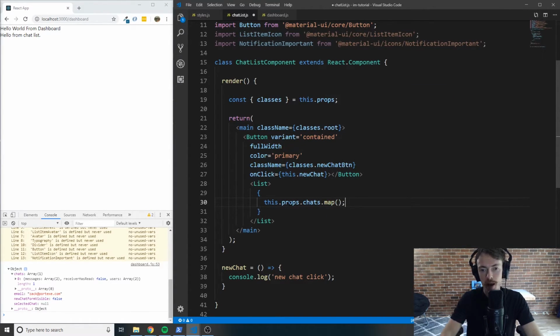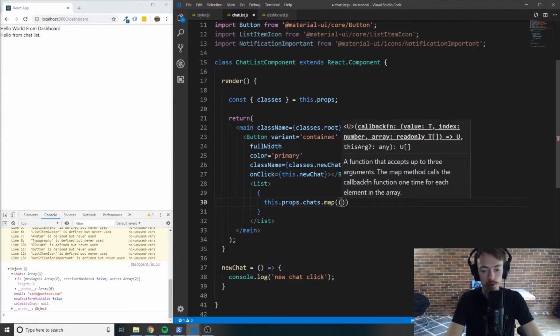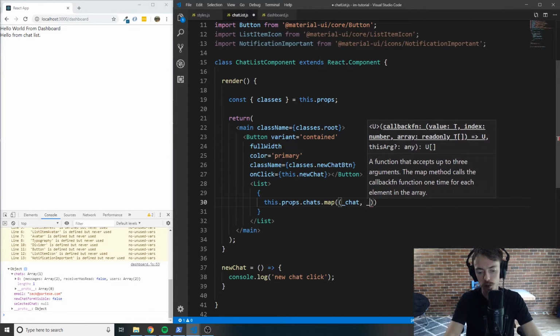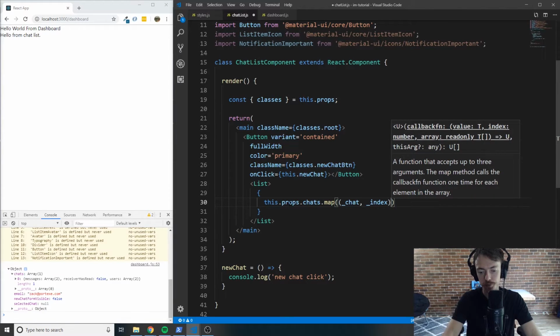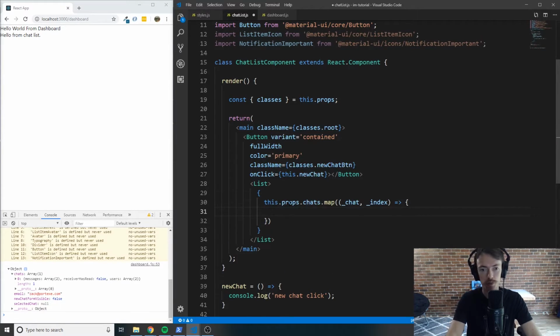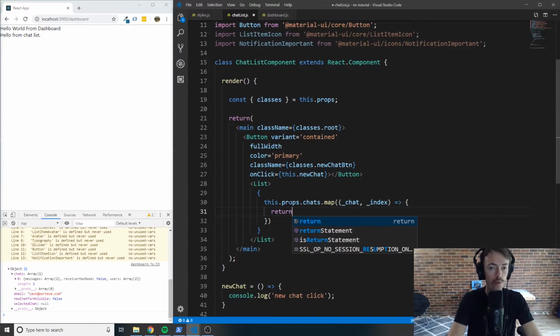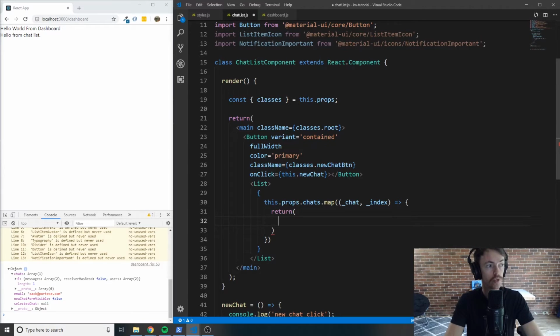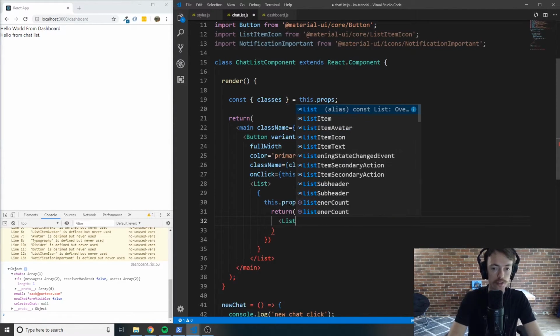this.props.chats.map, and we're going to map the array items into list item elements so that we can render them. So we are going to say for each chat, and we'll also use the index, we want to do some stuff. And what is it we want to do? Well, we want to return a list item that we are going to create for each and every single one of the chats that we have. So create a list item,